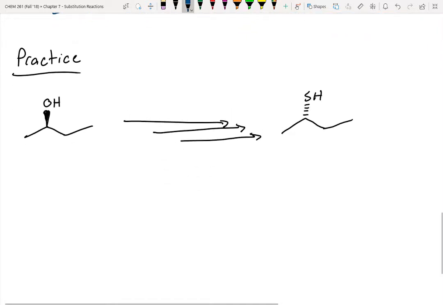So, tosylate, like that. All right, so first step, let's convert that OH into a better leaving group. So I'll use tosyl chloride and pyridine. All right, when we do that, we're not affecting that wedge at all. That wedge is going to remain a wedge, right? Makes sense to me. All right, and then in the next step, we need to add in our new nucleophile,